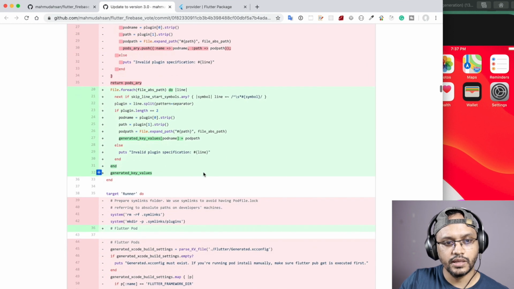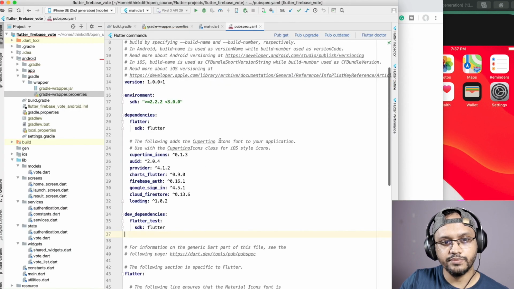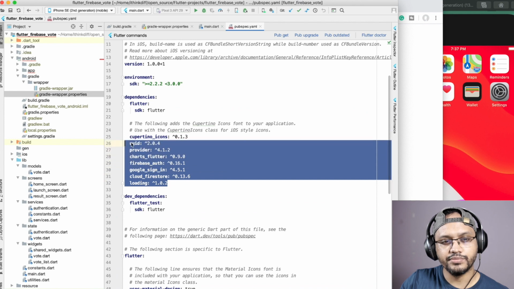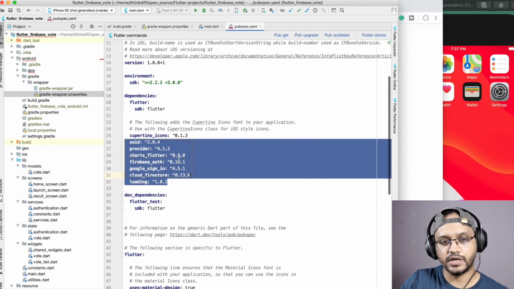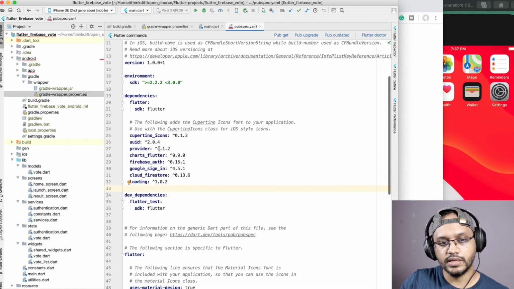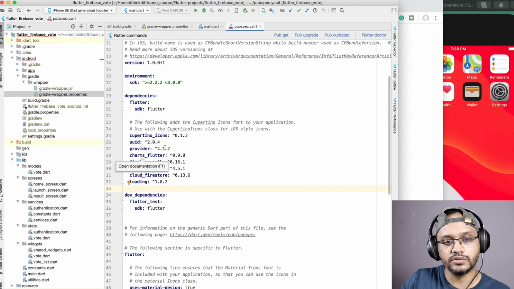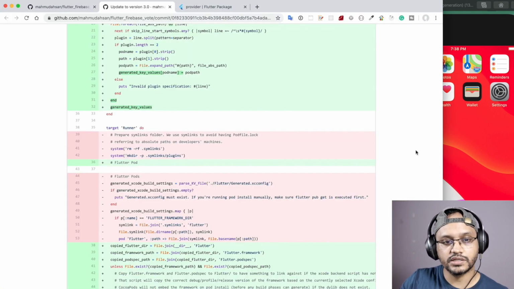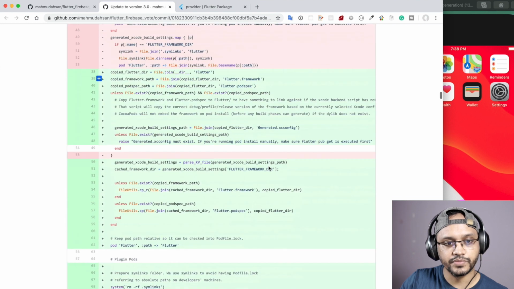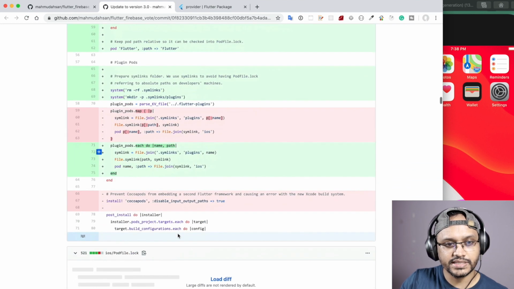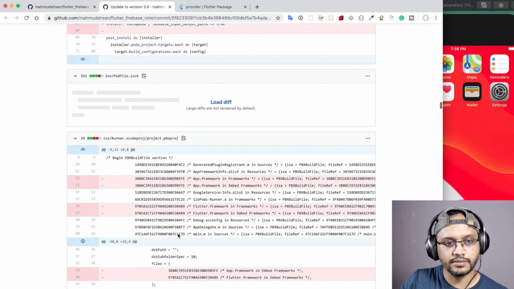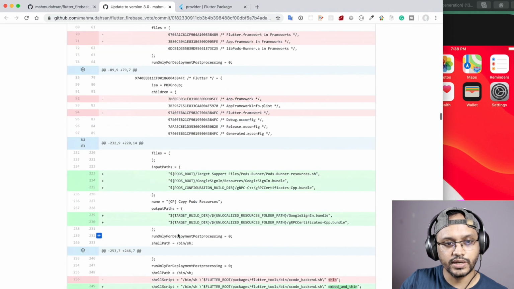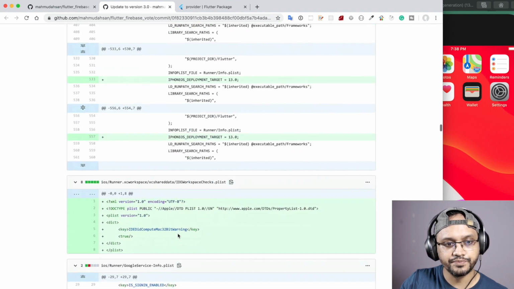Okay. And then I already mentioned that here you have to update to all the latest versions. Normally you see that when a version is outdated, that line becomes yellow. When it is yellow, that means it has a new version. You just have to update the version number to the latest version number. And this CocoaPods spec is basically generated by the Flutter automated script, so I don't have to do anything manually.